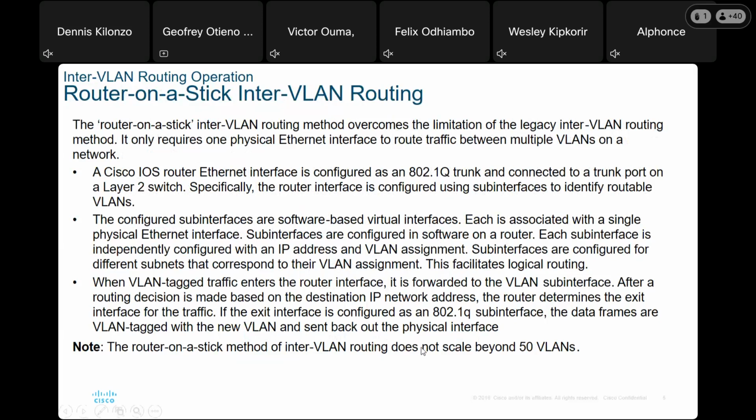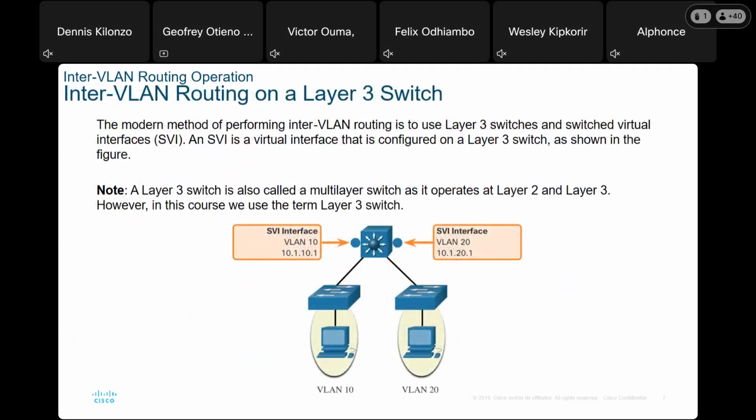So that's actually why it's still being used. The other one is not router on a stick, but a layer 3 switch: inter-VLAN routing on a layer 3 switch. Now the beauty about this is that you see a multi-layer switch being used, which is the modern method of doing inter-VLAN routing,